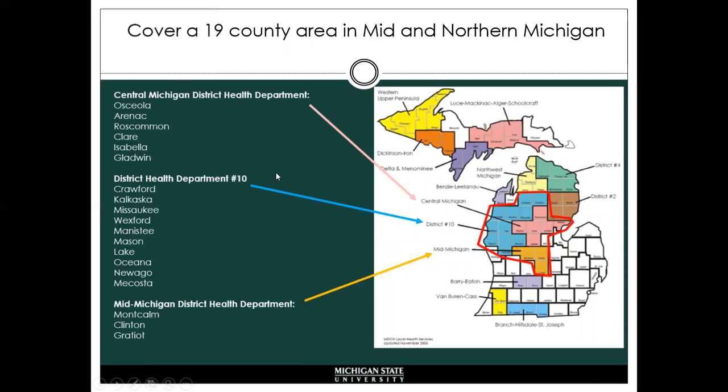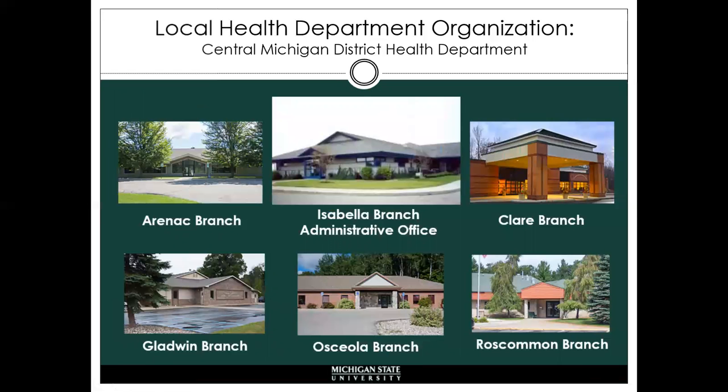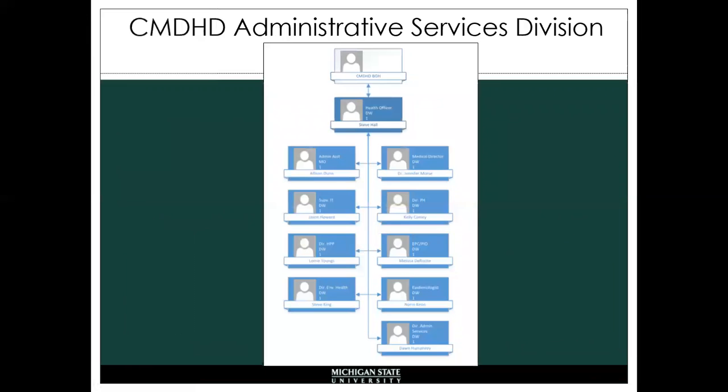Now, to go over how a local health department is operated, I'm going to focus in on Central Michigan District Health Department. And that's a 6-county district. And these are the branch offices. Isabella County is where the administrative office is, and that's where most of the administrative staff is. And this is the administrative